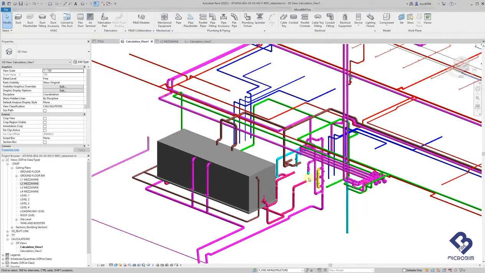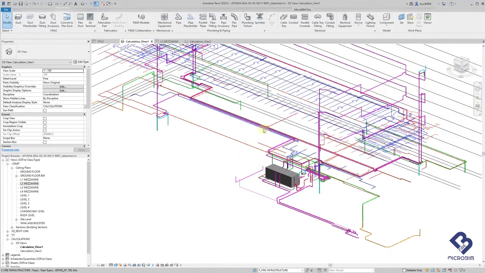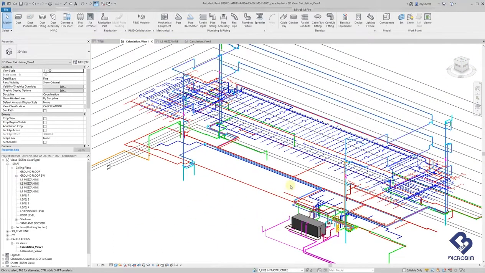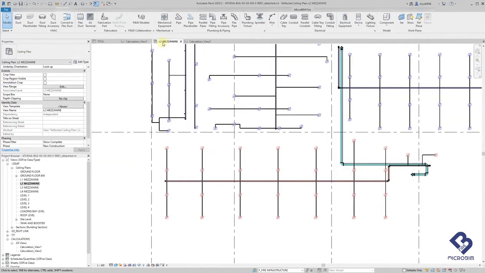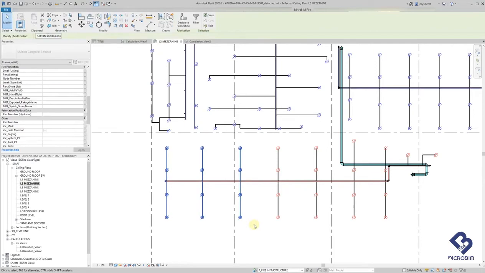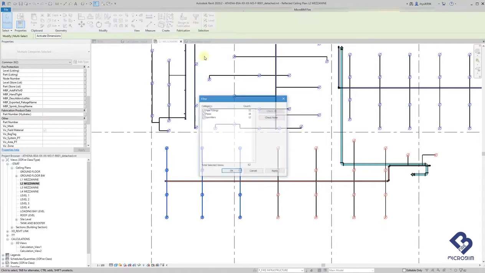After this, we need to nominate sprinklers and hydrants that will be included in our calc. There's a few different ways that we can do this. We can do it in the 2D or the 3D. Within our 2D view, we can select the sprinklers we want to include in the calc, understanding what area of operation we need to run the calc in. Selecting these sprinklers only,